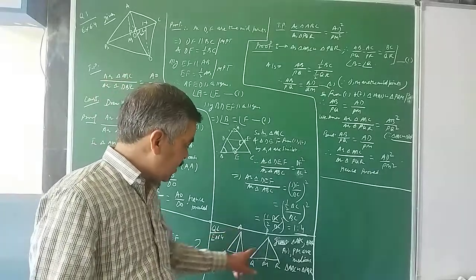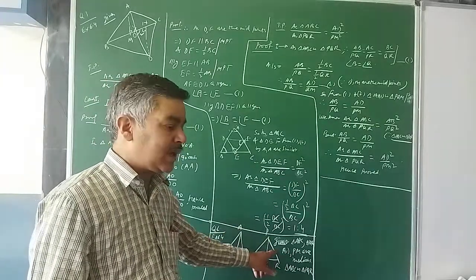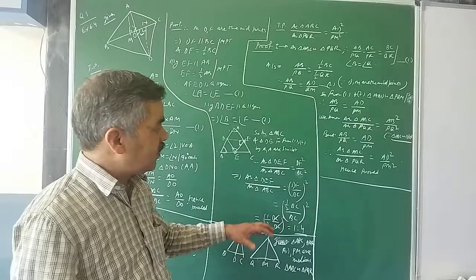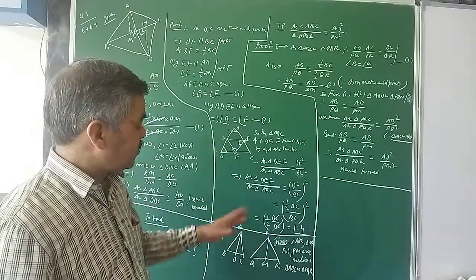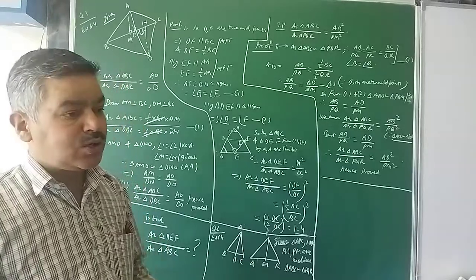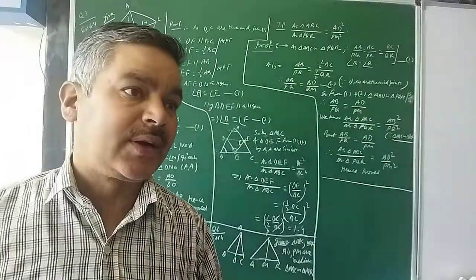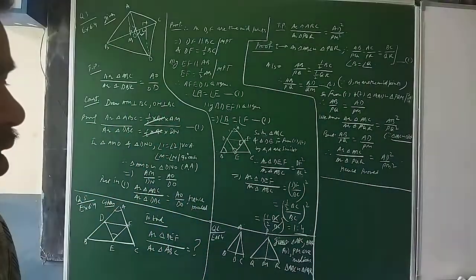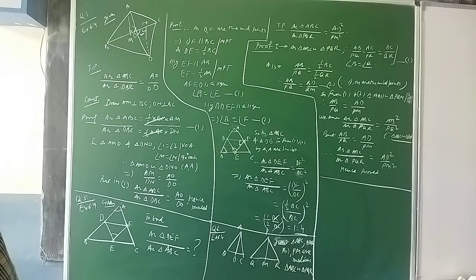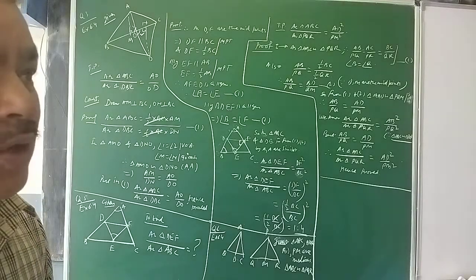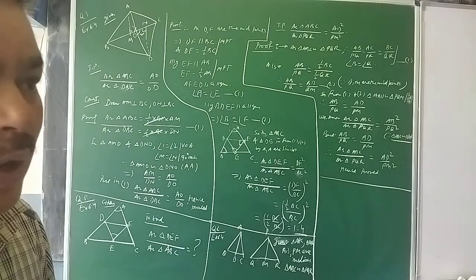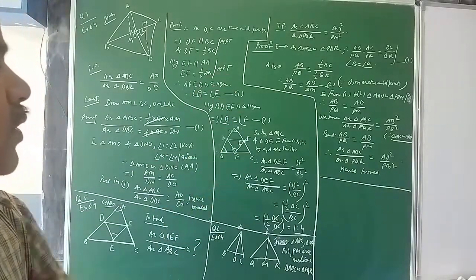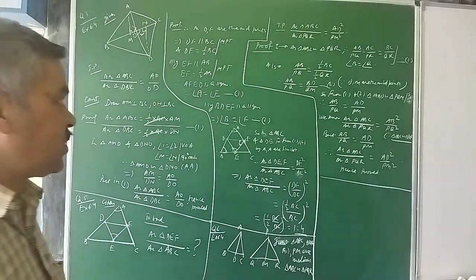And if AD and PM are the angle bisectors, again that will be the equality of the areas of the two triangles in terms of AD and PM. Means the ratio of the areas of two similar triangles is always equal to the ratio of the squares of their corresponding medians, altitudes, angle bisectors. So this is applicable for all three. We are proving it for medians. So let us see how we can proceed here.